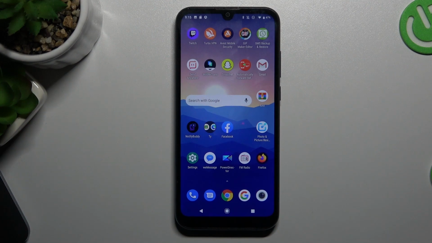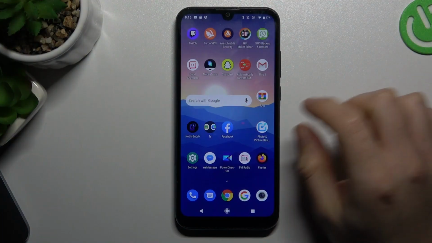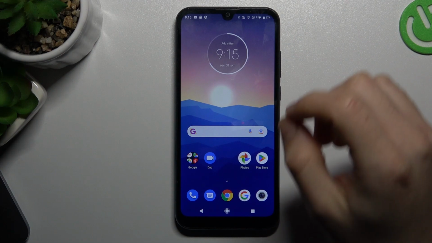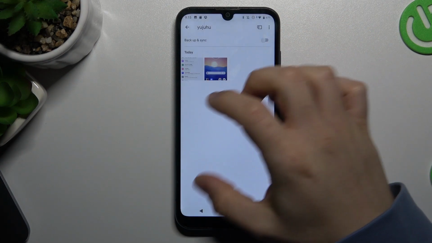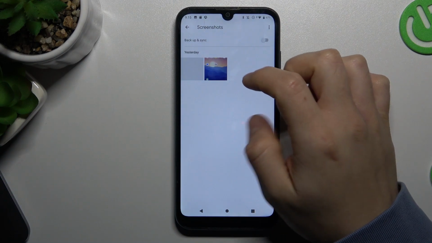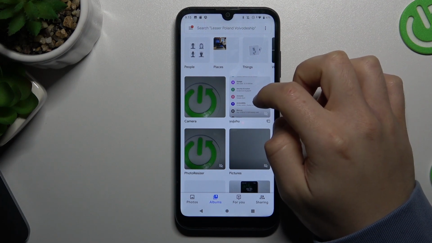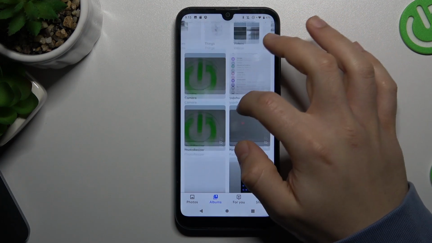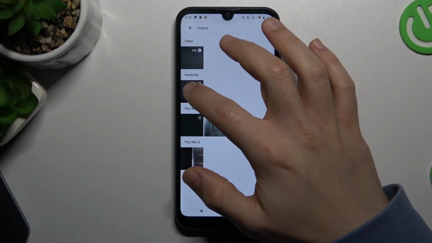Today I will show you how you can send large videos on your Android device. So in the first step, we have to choose the video file that you want to send. Now go to the albums and look for the videos. Now choose your video file